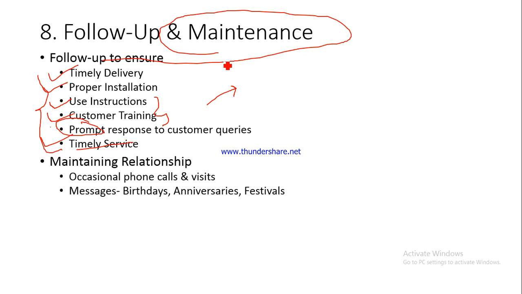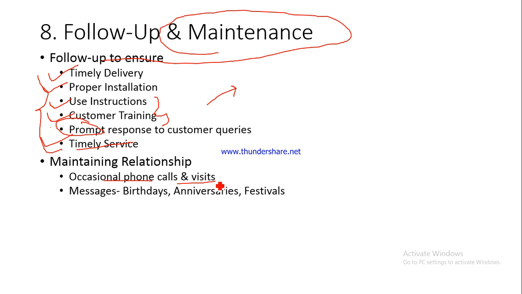Over a period of 30-40 years he might be buying cars 3 to 4 times. So you are not trying to sell him the product this one time only, you are trying to ensure that he comes to you whenever he thinks of buying another car or upgrading to another car in future also. So you would be focusing on the 3-4 occasions that he would be buying from you, and for that you will have to maintain the relationship. How do you do that? You will have to make occasional phone calls and visits once in a while, maybe once in 7 or 8 months. This is done by all good salespersons.